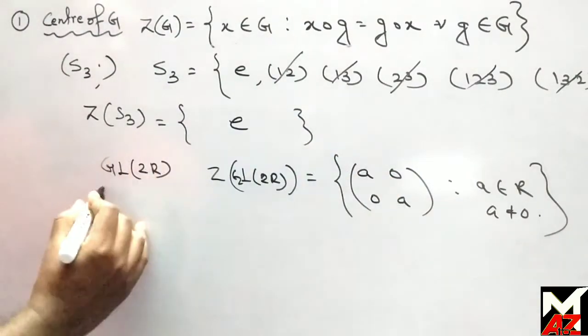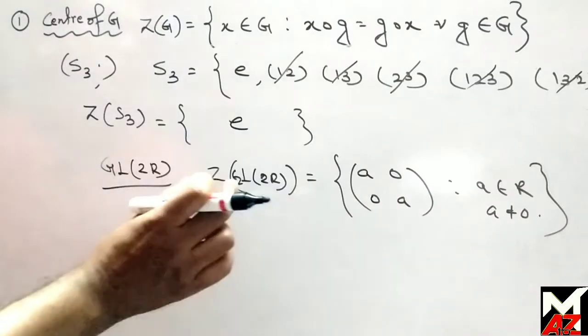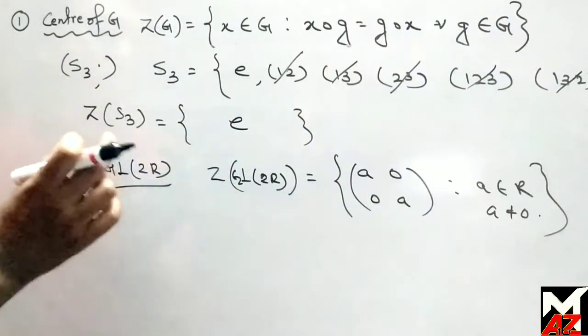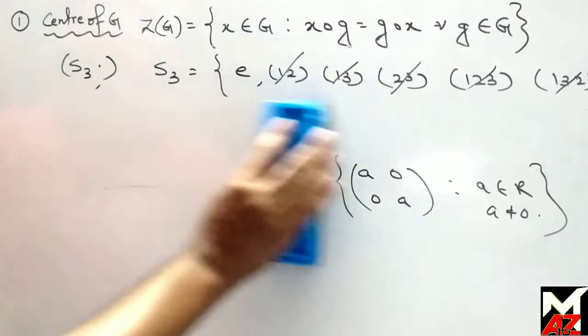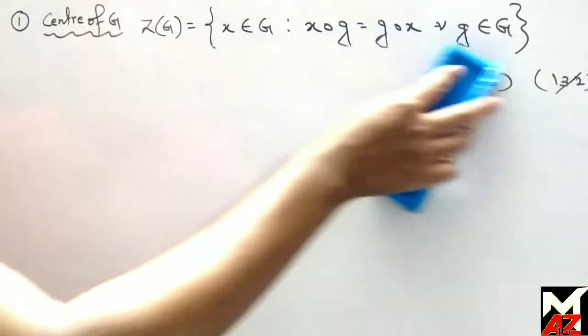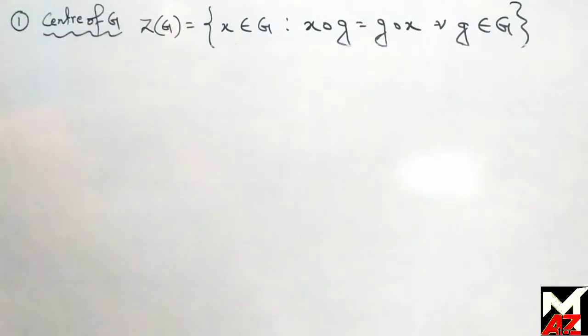So this matrix does not belong to GL2R. Okay. So we say that the center of GL2R is the set of all scalar matrices. Right. So these are the definitions of the center of the group, and we proved here the center of the group is also a subset of the group, and all the elements of the center of the group are called central elements. And if the group is commutative, then the center of the group consists of all the elements of G, that is Z of G equal to G.